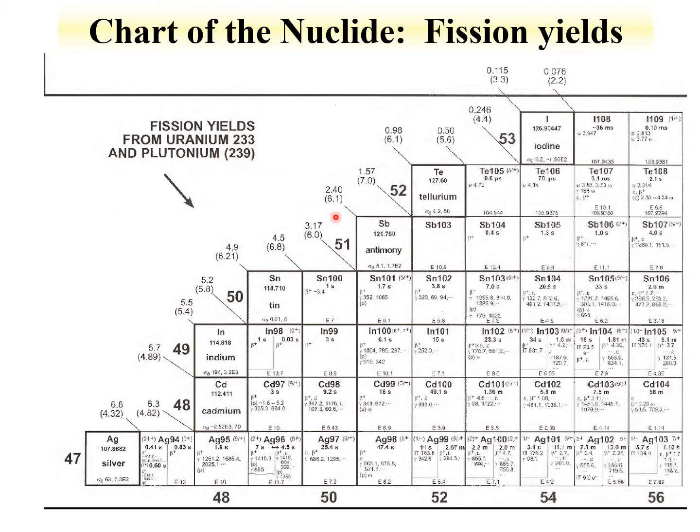Plutonium-239 is in parentheses. So 1.6% of the time, when plutonium fissions, it produces a fission product with a mass of 102. Uranium-233, when it fissions through thermal neutrons, 2.4% of the time, it produces a fission product with a mass of